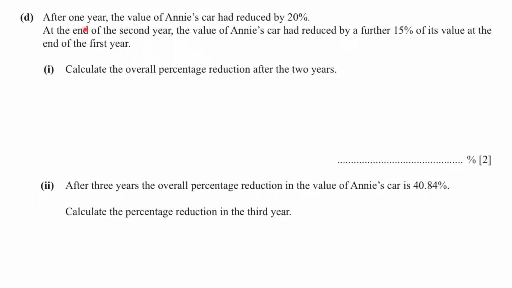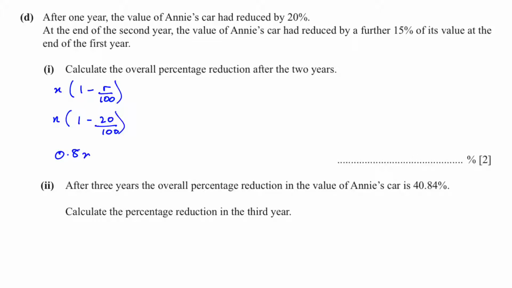D. After 1 year, the value of Annie's car has reduced by 20%, and the second year it reduced further by 15% of its value at the end of the first year. Calculate the overall reduction after the 2 years. To find the first reduction, which is 20%, we can use the formula 1 minus R over 100. Let the value of the car be x. So we replace the R by 20 and we will get